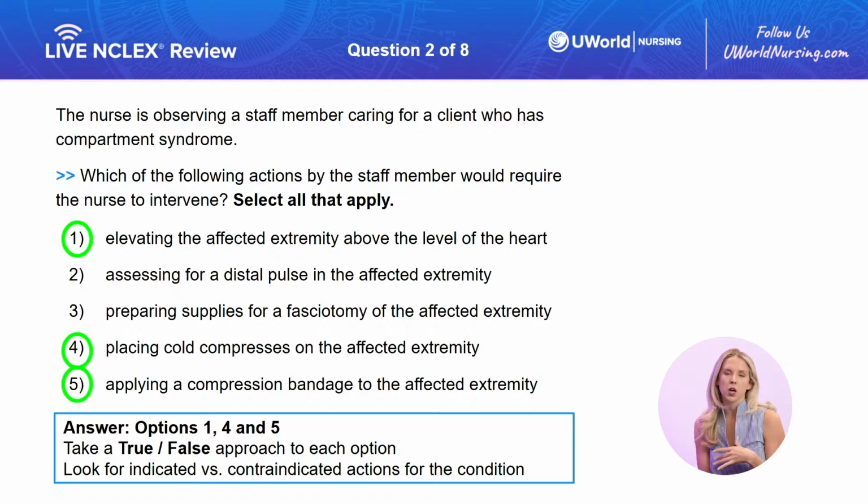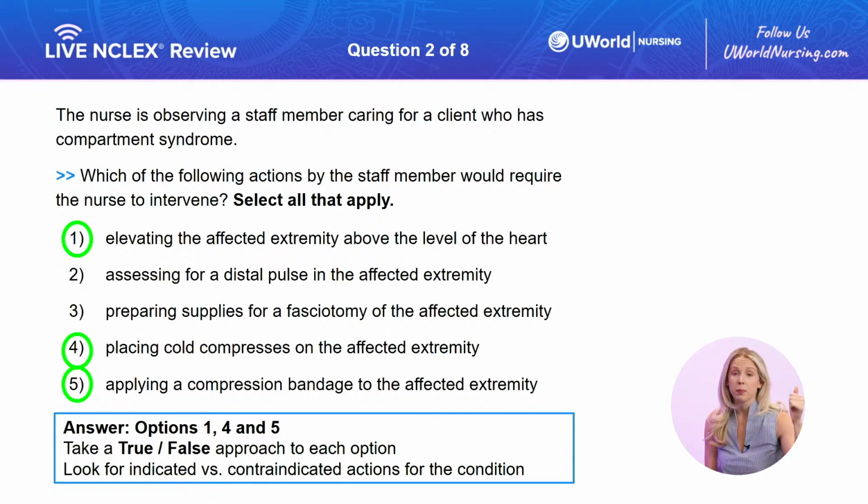So in this case, we're talking about compartment syndrome, which is a limb-threatening condition. It results from increased pressure in the extremity compartment. So it's typically due to edema after maybe a fracture or some kind of tissue trauma. And it can also be caused by too much external pressure. So maybe an overly restrictive bandage or cast. So the blood vessels and the nerves will become compressed,